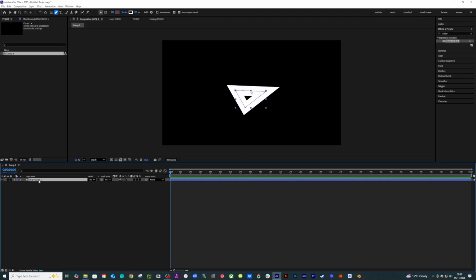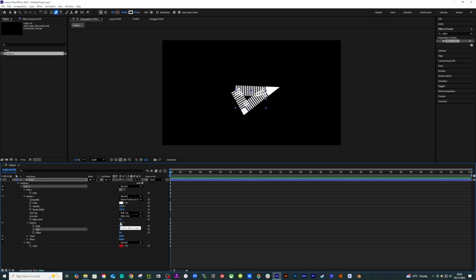And I'm going to go to my shape layer. I can say enter, let's just call this cloud. Press UU on my keyboard. Then I can see my strokes, and I'm going to go down to dashes. I'm going to press 1, 2, 3 dashes. I'm going to change my line caps to round, and I'm going to drag up the size of my gaps